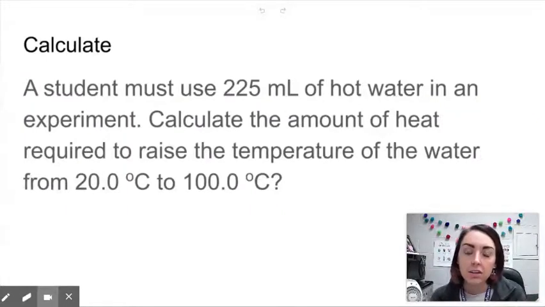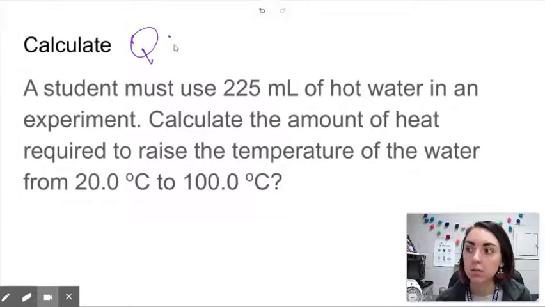Hey all, so we're looking at target 3.6 today, which is using that equation Q equals mc delta T to solve calorimetry problems. And so using that equation, we can solve for any of those variables. Let's take a look really quick. We've got Q equals